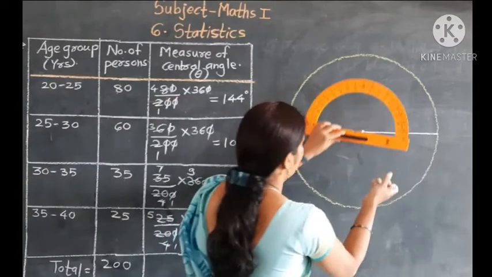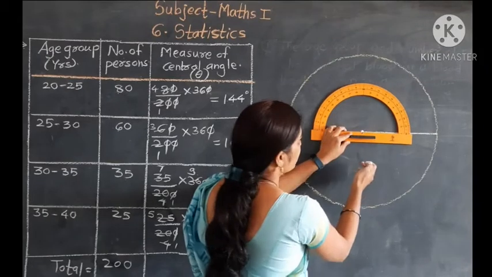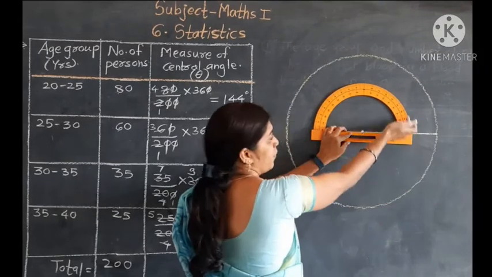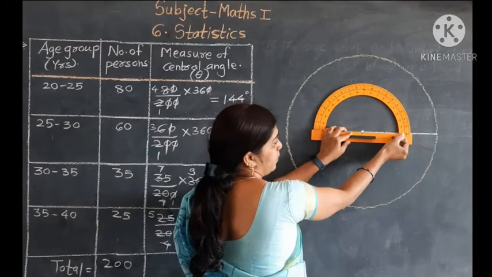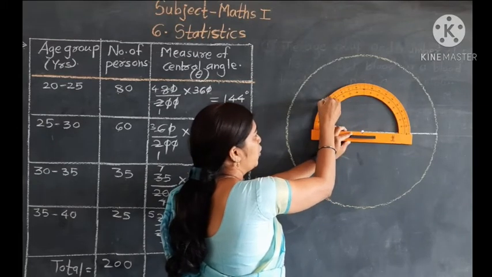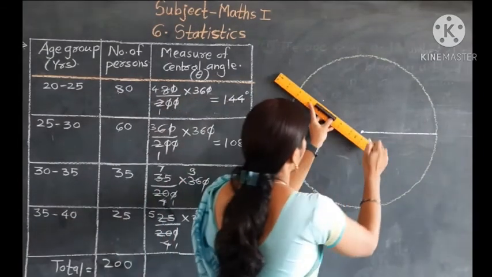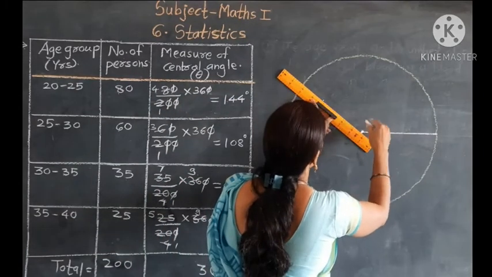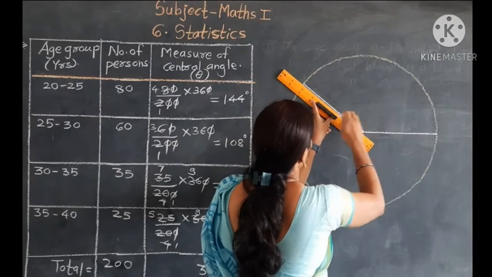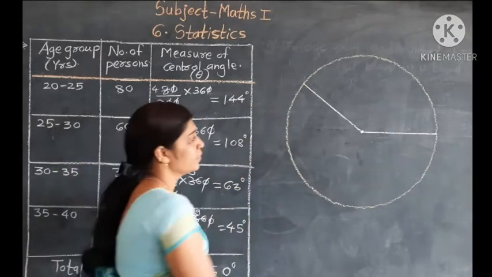So start from 144. Start from right 0. Starting from 0, 144. Make dot at 144 and join ray. सर्कलच्या बाहेर काढायचं नाहीये, सर्कल पर्यंतच काढायचं आहे. This angle is